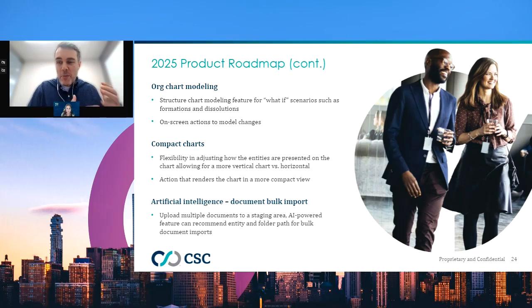Now, as excited as people are about AI, and we have more AI features in plan for next year as well, we also are talking with clients that have concerns. They're really cautious about it, and rightfully so. And so I think it's important to note that as we build these AI features in our platform, we're going to do these in a very intentional, thoughtful way, and also give our clients a mechanism to say, I want to leverage these AI features, or perhaps I'm not interested in leveraging these AI features. So we will make them available to those that wish to use them in the platform, but create a means by which folks can effectively opt out if it's not a feature that they want to leverage in the technology platform. But really excited for our first AI-powered capability